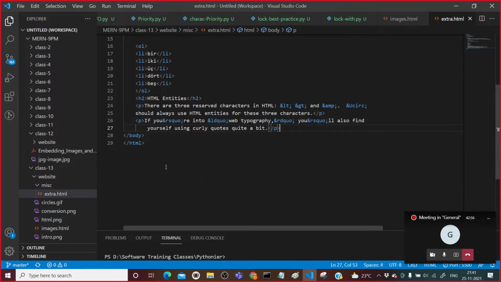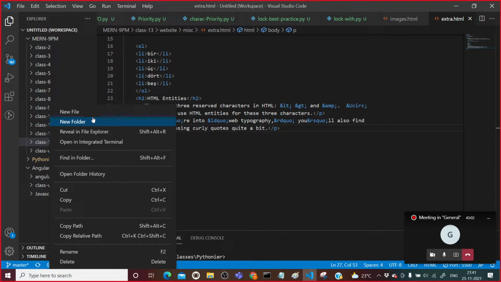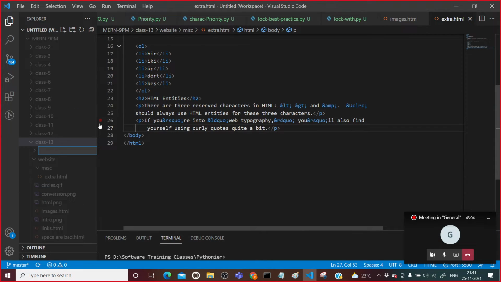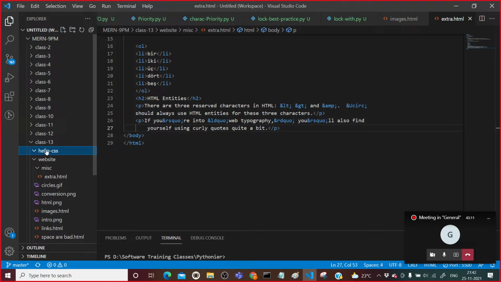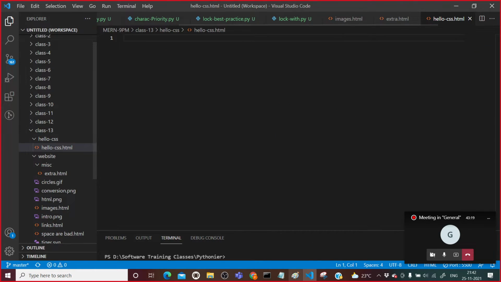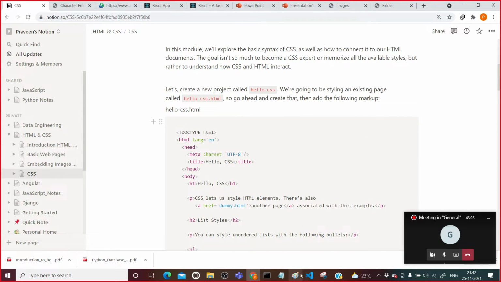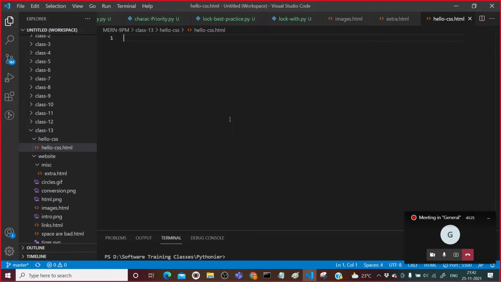Let us move inside Class 13, and inside 13 I will create a folder called hello css. Inside this folder, I will have a file called hello css.html, and this file will contain this particular content, which I will paste here.